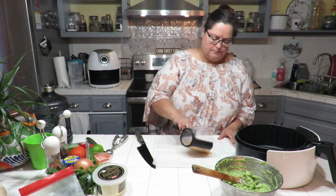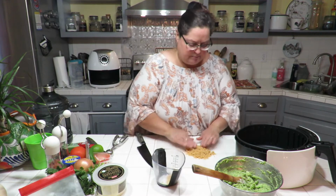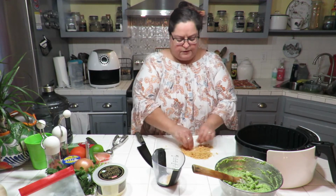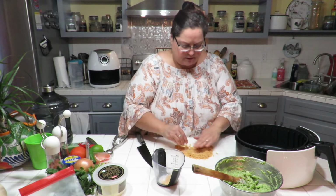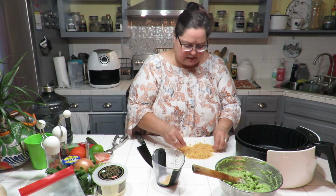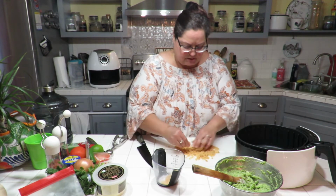Okay, so I've got my pork rinds. I'm going to put them on the paper here, or you can put it on a little plate, a little bowl, whatever. Not too deep of a bowl, you want to be able to reach in there. Okay, so I've crushed these as best as I can, but I'm just taking out any big clumps in there,